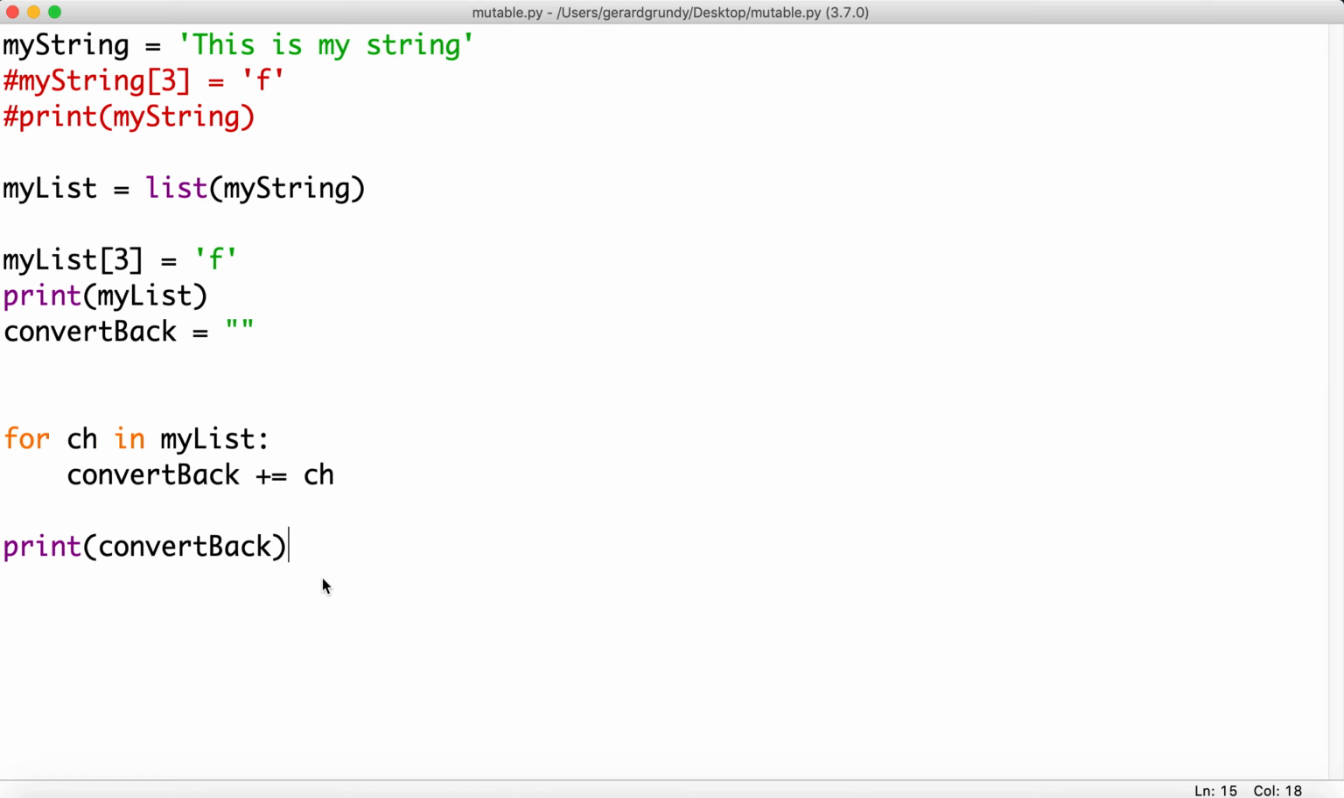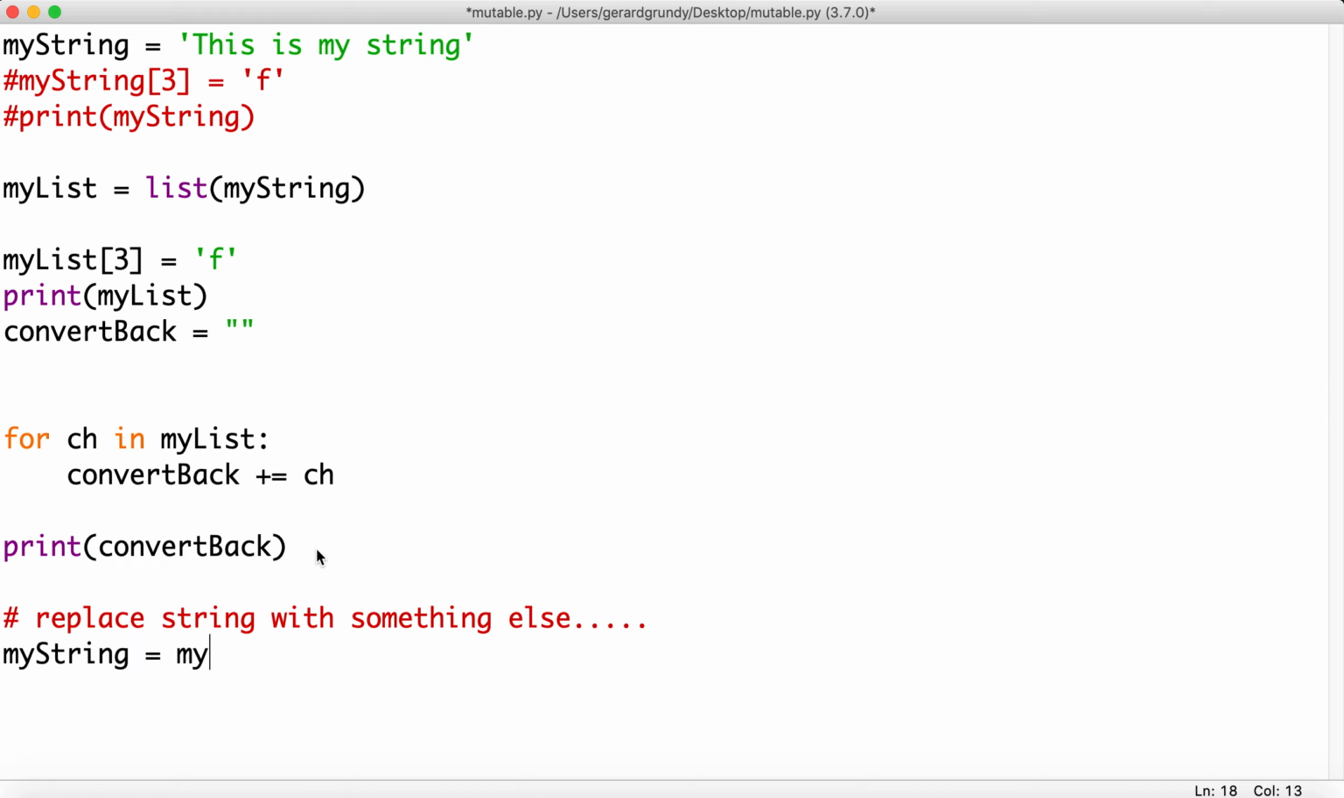All right, next one. How would you replace a part of this string with another string? There's your challenge. So let's call it replace string with something else. Whatever you like. Okay, how would you do that? All right, here we go. So what you do is, built into Python, there's a replace function. So then we go myString.replace,